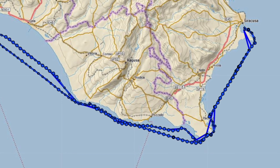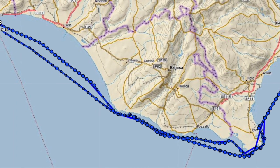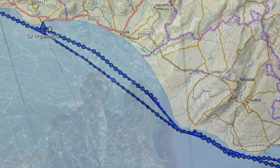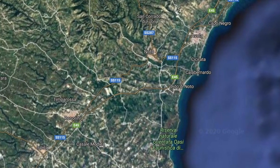After 2 weeks of being anchored in Syracuse, we headed back down to Marzamemi, then Porto Paolo, and back to Licata, or Licata, depending on how you say it. A few days before we were due to leave Marzamemi, the girls and I decided to have a day out